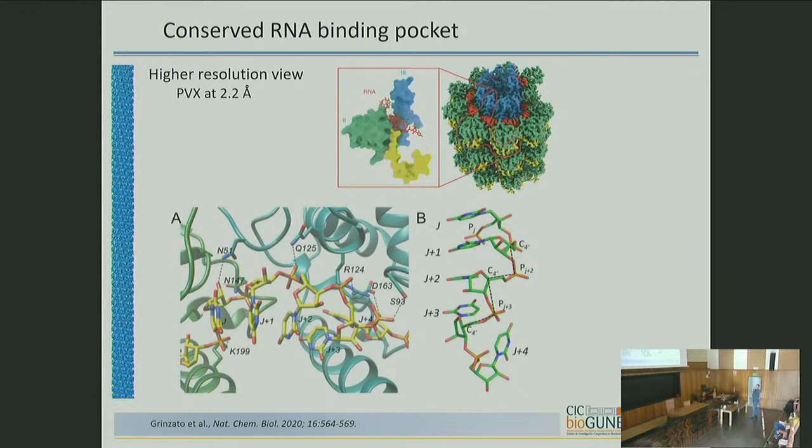Very recently, the structure of another Potexvirus came out. In this case, they start with a huge data set, and they reach 2.2 Å resolution, which is really, really good. It is a very good work. And you can see the numbering is different because they display. So essentially, they can define perfectly how 4 nucleotides are following a canonical A form for the RNA,